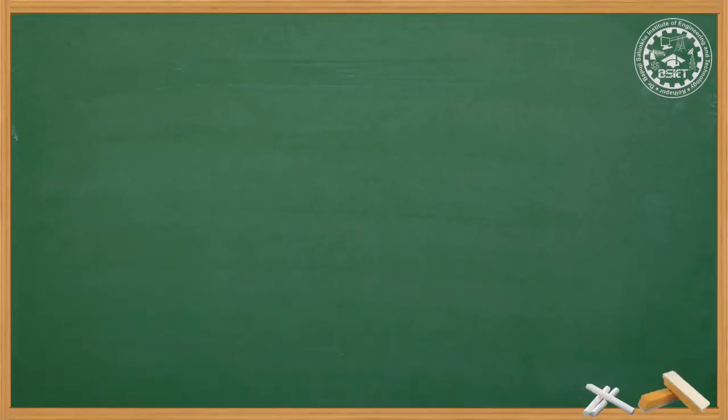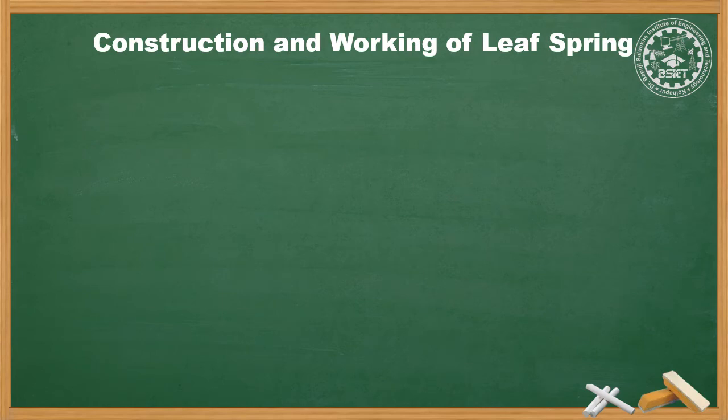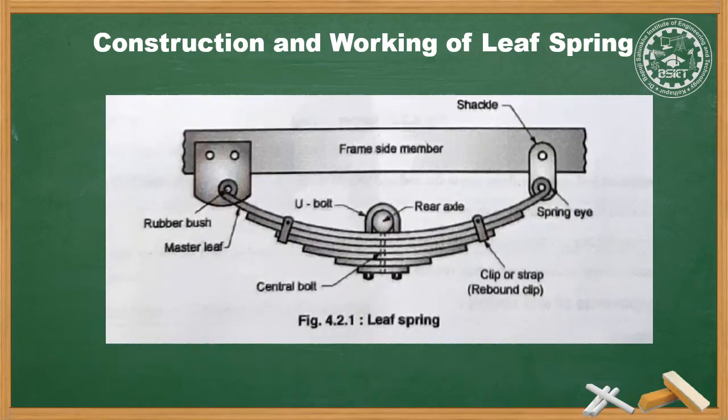Let us start with construction and working of a leaf spring. Semi-elliptical leaf springs are widely used for suspension in light and heavy commercial vehicles. In cars, these are used for rear suspension. The leaf springs, as shown in the figure below, are made of steel plates or flat semi-elliptical plates. The advantage of leaf spring over helical spring is that the end of the spring may be guided along a definite path as it deflects, to act as a structural member in addition to storing energy and absorbing shock.